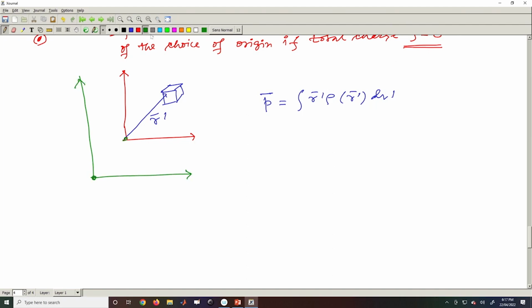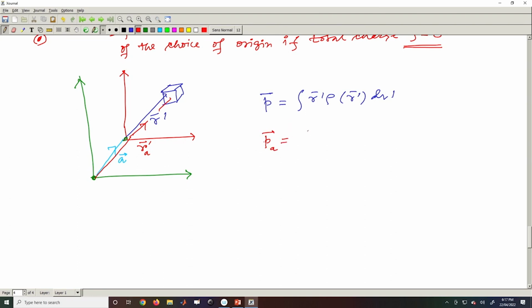Now, I have a new origin here which is shifted by a vector A, and from this new origin, the location of the point is now r prime A. Okay. So, for r prime A, for this coordinate system, according to my definition, the dipole moment